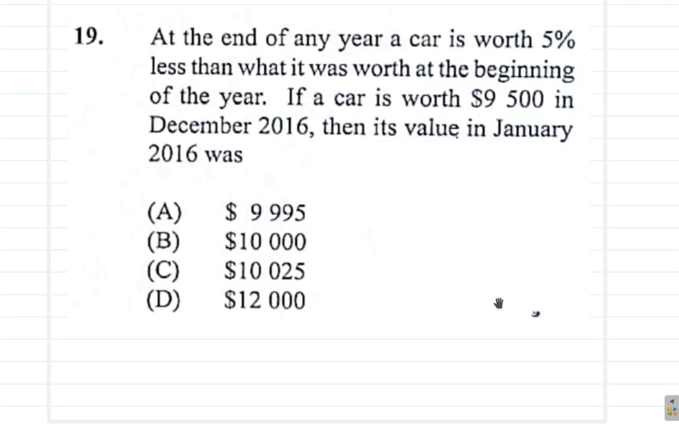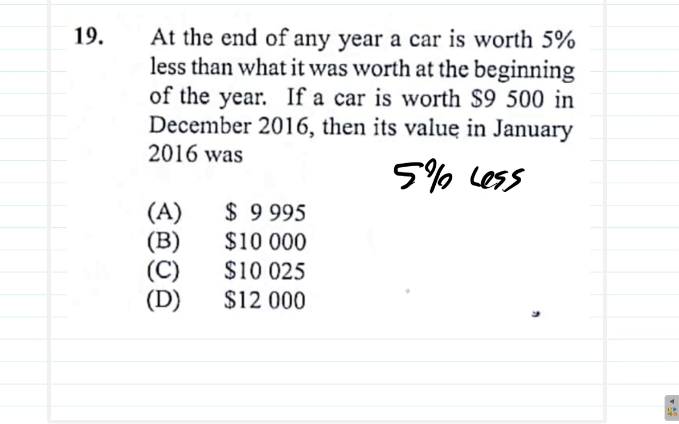At the end of any year, a car is worth 5% less than what it was worth at the beginning of the year. So it loses value, 5% less. If a car is worth 9,500 in December 2016,